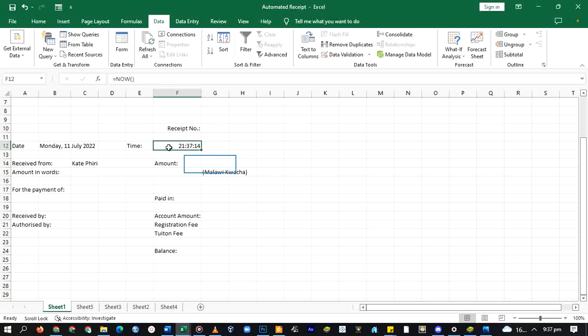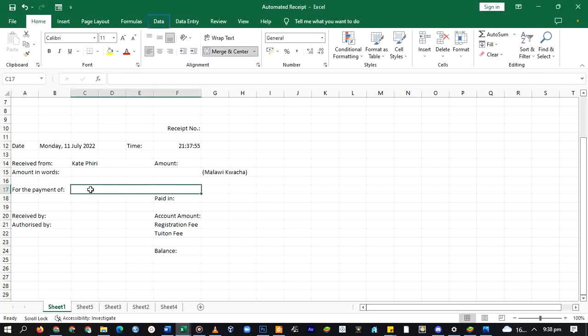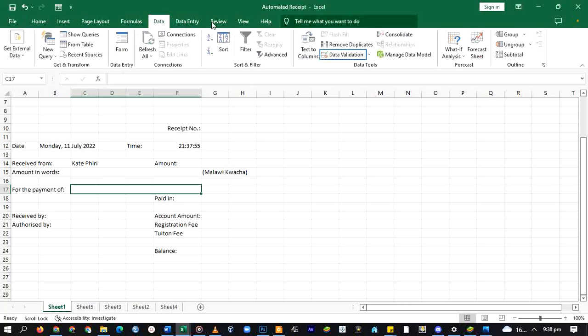Now we are going to go to amount. For us to come up with the amount, we will have to wait for the accounting section to be filled first. So we are going to leave this one, and this one as well will depend on this amount. For the payment of, we are going to have a range of reasons why that person is actually paying that money. So we're still going to use the drop down menu,